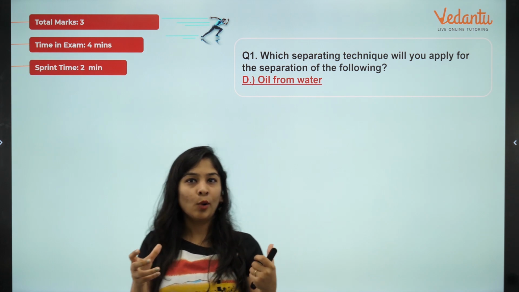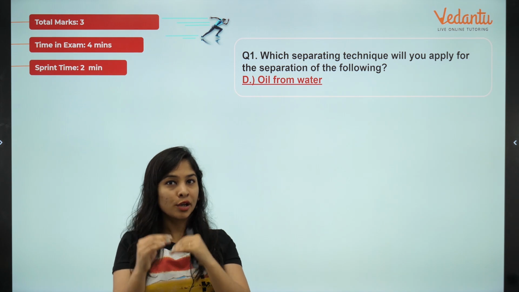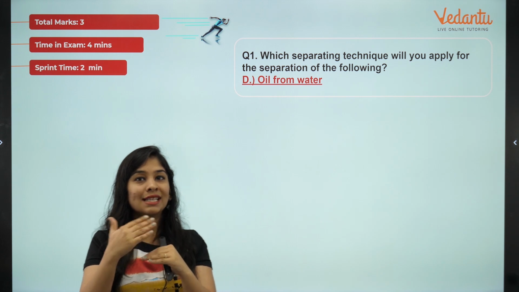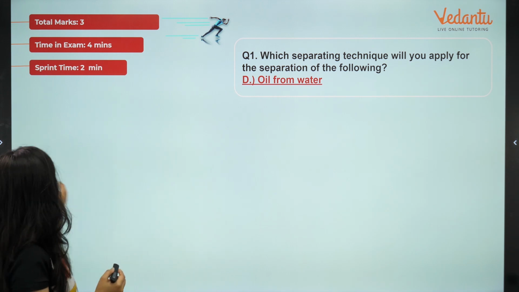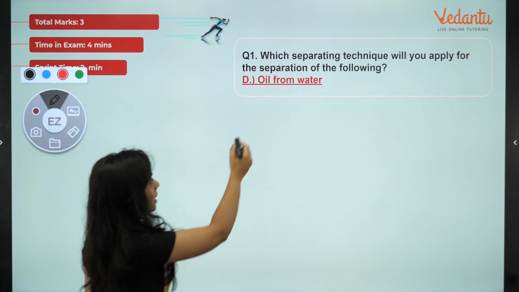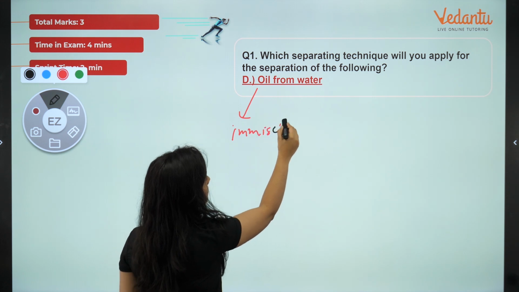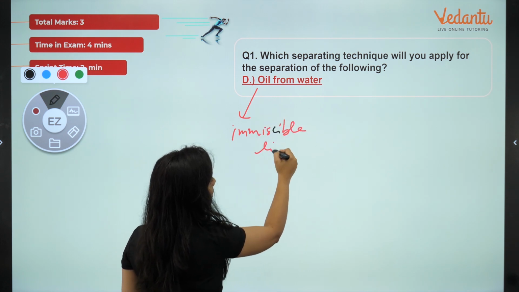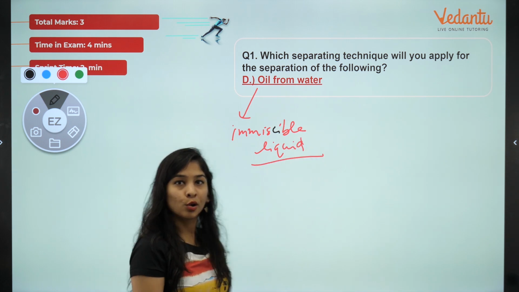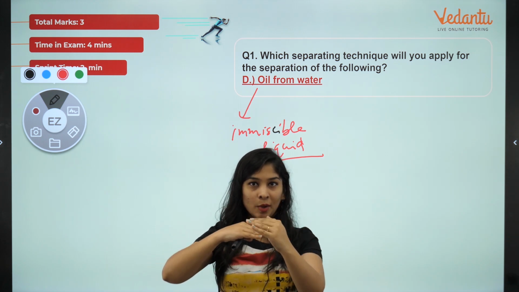First thing, oil and water both are liquid. So now when two liquids are mixed, and if they are not going to mix with each other, different layer, if you are able to see, that is known as immiscible liquids. So this is a mixture of what kind of liquids? Okay, so that is a mixture of immiscible liquids, immiscible mixture, not going to mix with each other. There is difference in the density, definitely, in between oil and water.